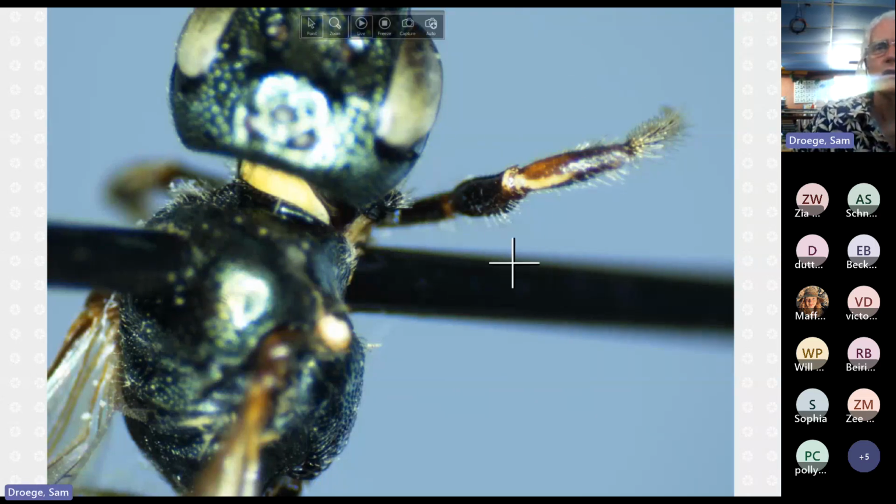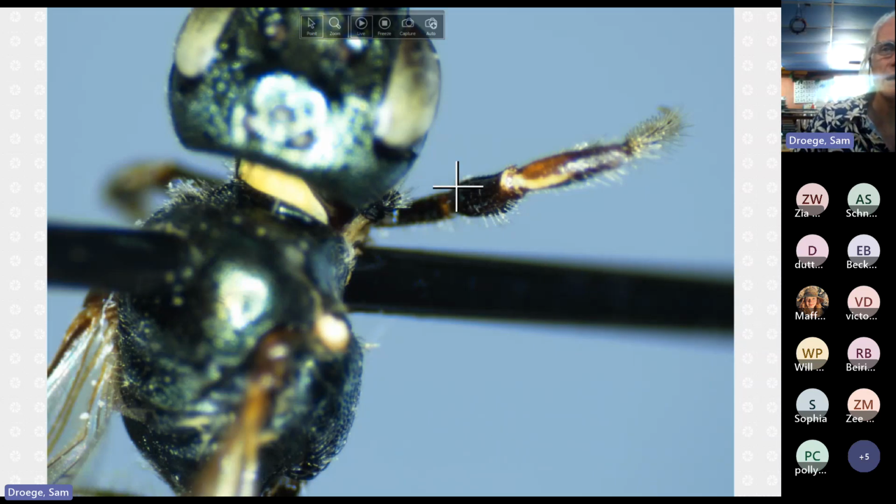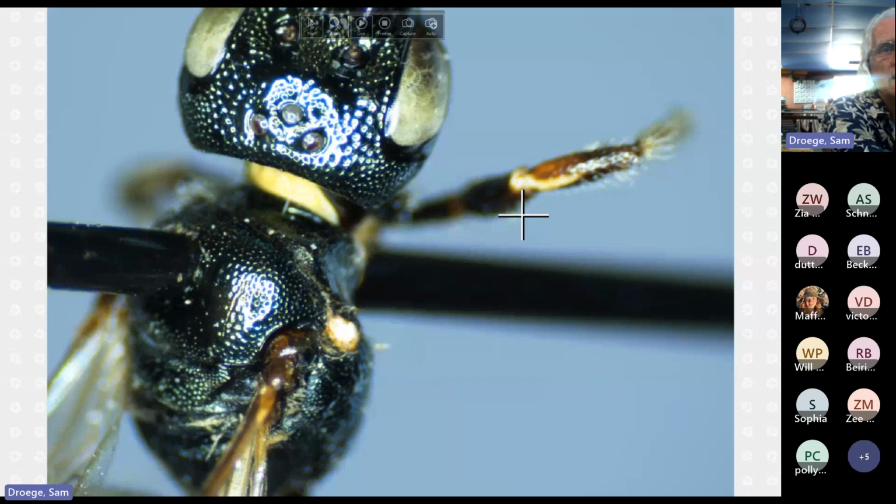There we go. So femur, tibia, and you can see that the white mark is a little off-white, yellowish, perhaps even more ivory, as they might say, compared to the bright white of cockerelli. It also only goes about halfway, and cockerelli was going quite a bit further. But here again is this white mark on the adjacent section of the femur. Thank you, Kim Hunsinger, for finding that. And we will jaunt off to floridana to see that